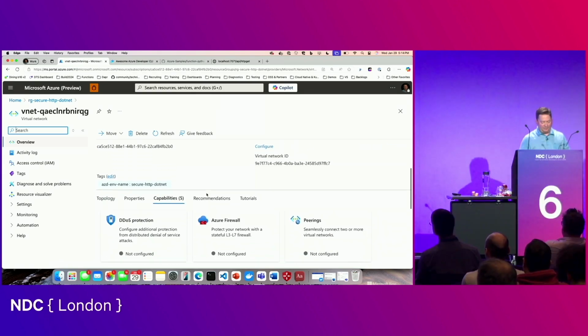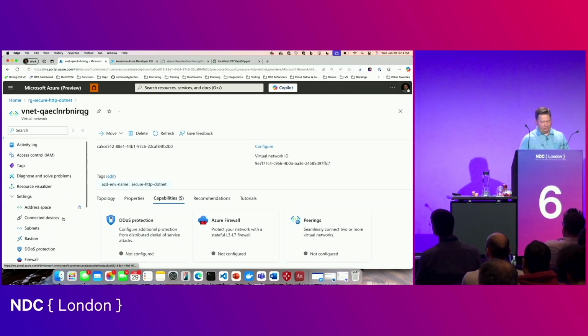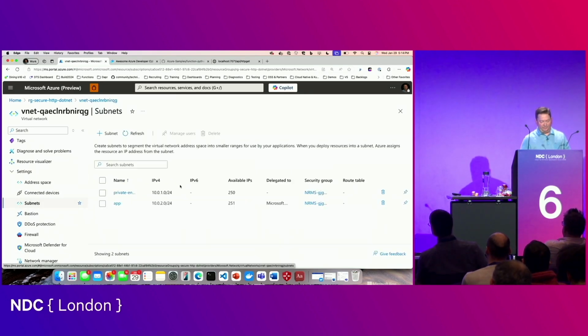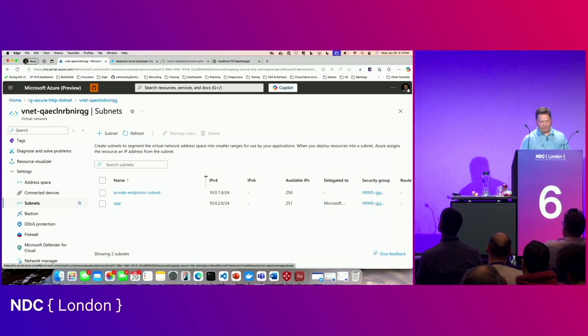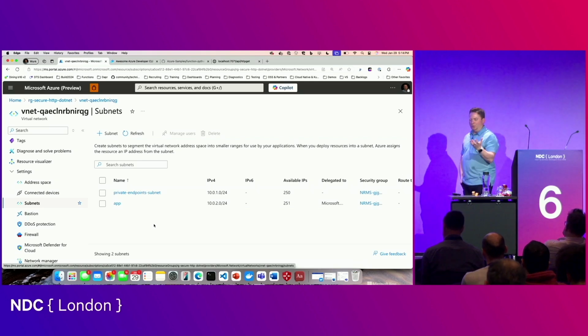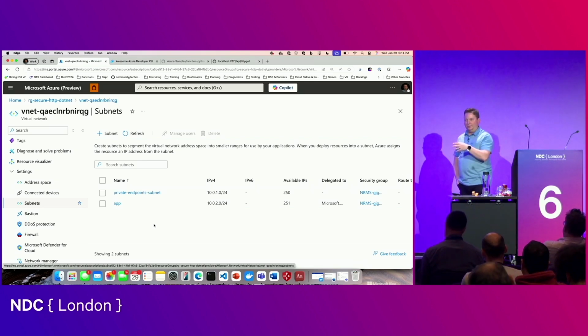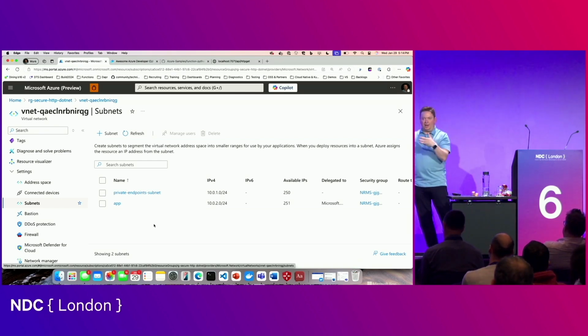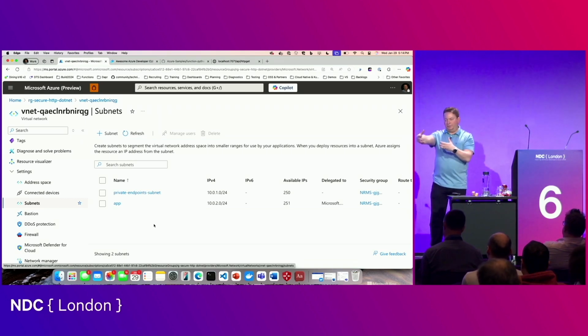And even once we have a VNet, there's more to think about. So in the VNet, we start getting into physical networking concepts like subnets. And the best practice here is that your app is always in one subnet, and your dependencies are always in their own subnet. So you've kind of firewalled, even within your virtual network, your app's IPs from your dependencies' IPs, right?